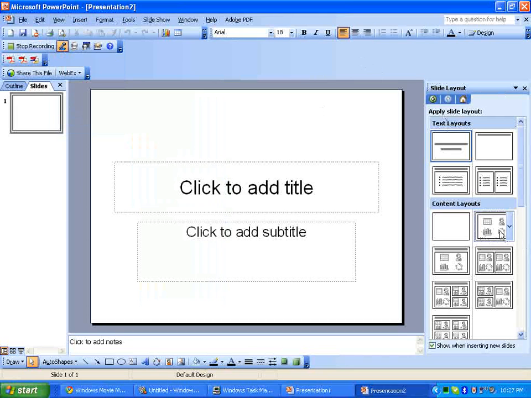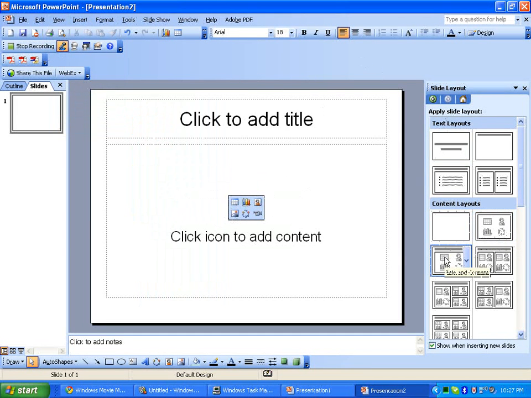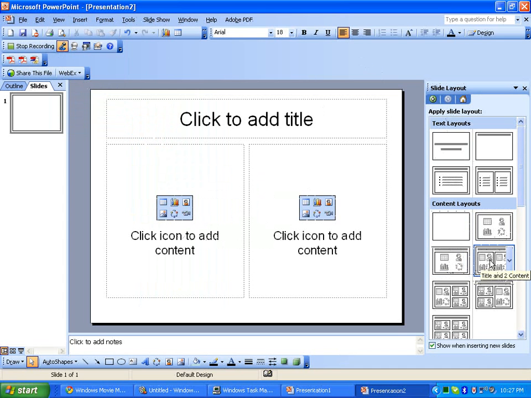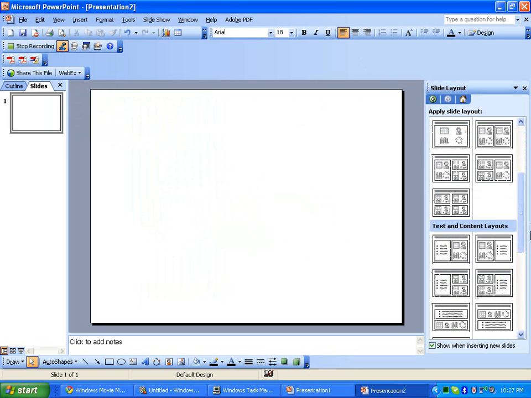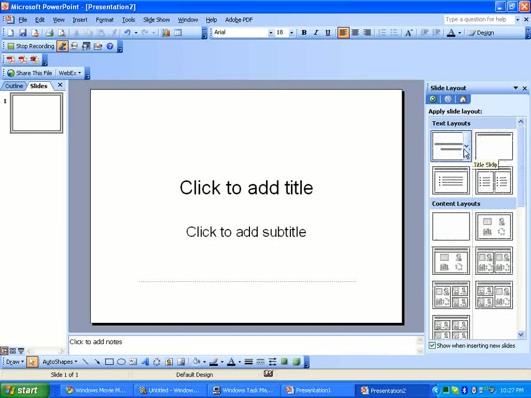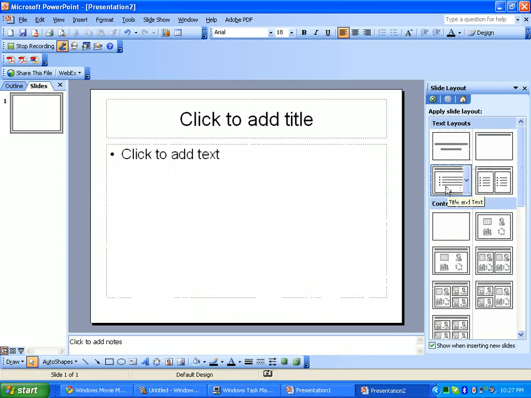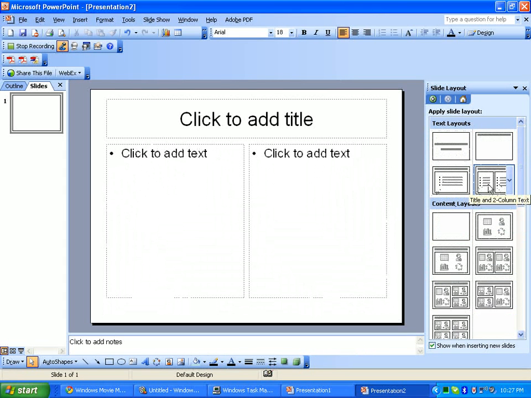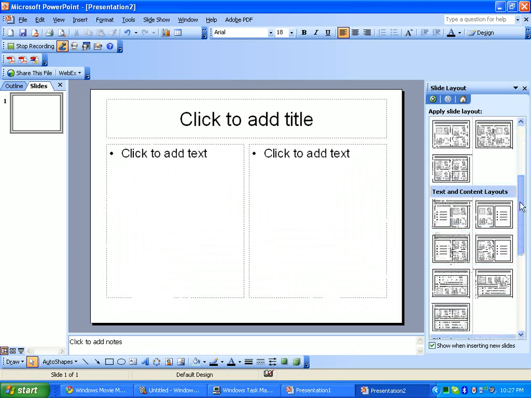From the task pane, you can choose several different content layouts that include the ability to add charts and graphs or photos. There's the ability to have a blank page where you're able to completely craft what you want that to look like. There are text layouts like the one that we were defaulted to, or with just having a title at the top, having a title with bullets, having a title with bullets with columns. All of these options are available to you, and if you scroll down a little further,